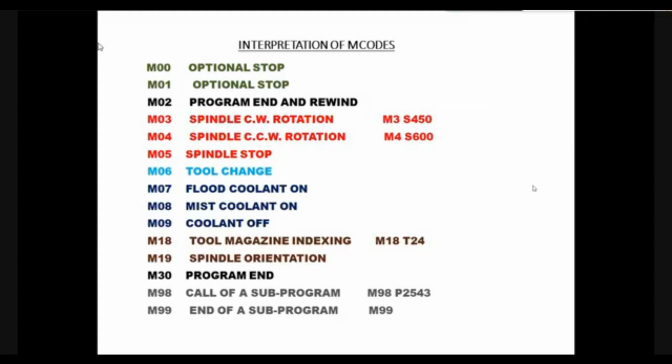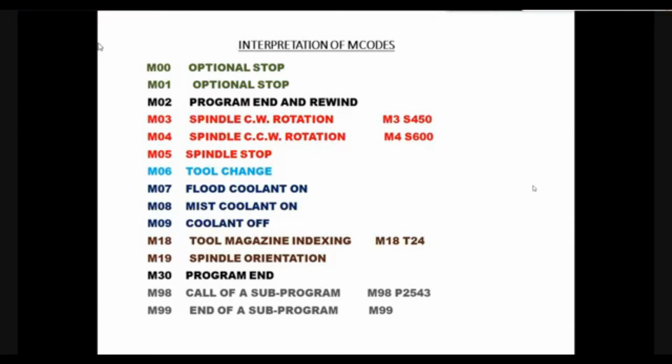by a main program. That means whatever machining activities are expected to be repeated, all such repeating lines will be defined in a subprogram. As and when we require to do these operations, we will be calling this subprogram in the main program. Once the subprogram has been completed, we will be giving a command M99.